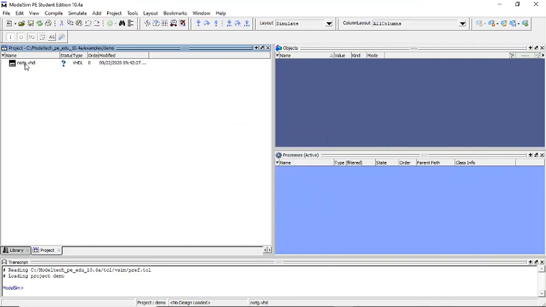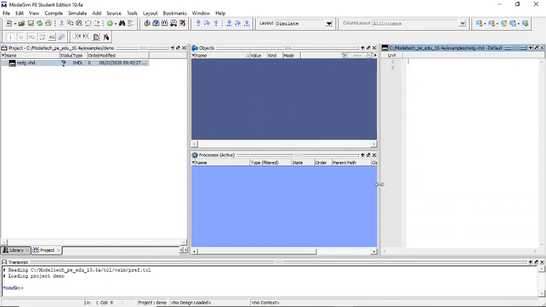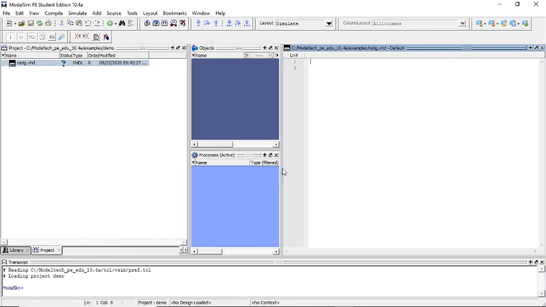Now we'll open the file not.vhd. Since we are writing a VHDL program, the extension of the file is vhd. If you want, you can change the layout size by dragging.